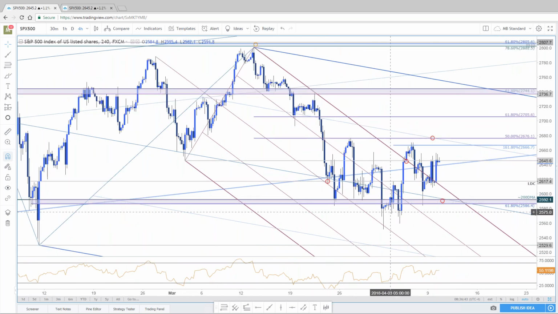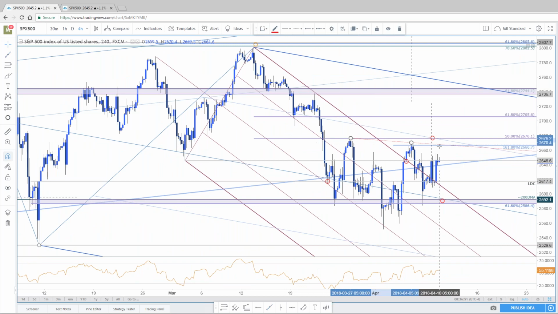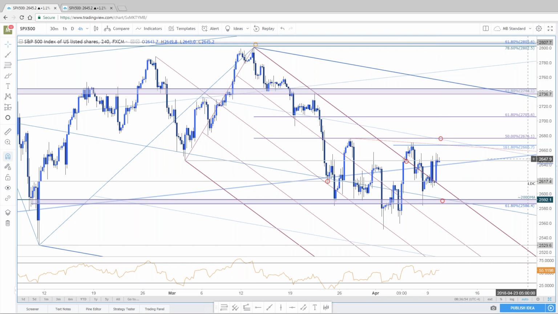Left, head, right. Okay, so basically that would put a neckline break somewhere like this. We highlighted the breakout as 26.76 yesterday. I think that's still the zone to beat. Basic 50% retrace. That would clear last week's high, and that would clear the 50 line for this pitchfork in